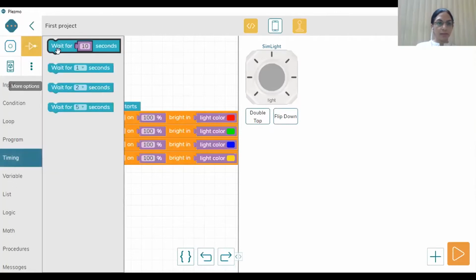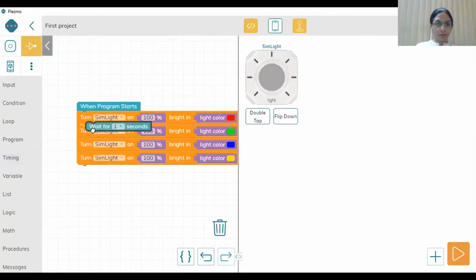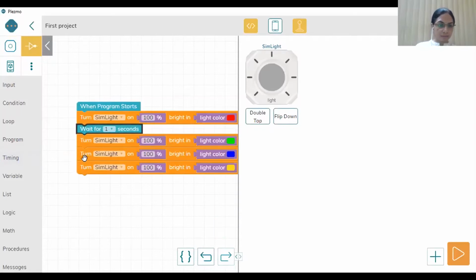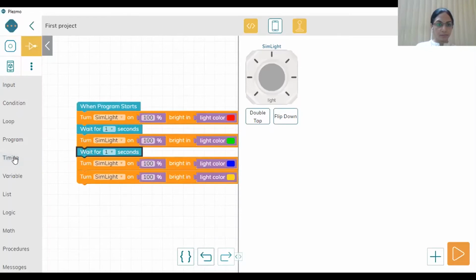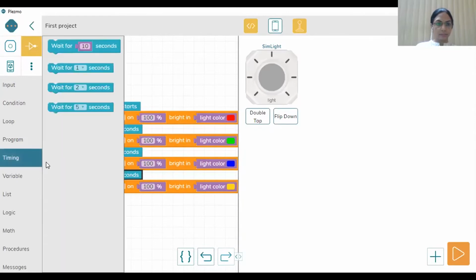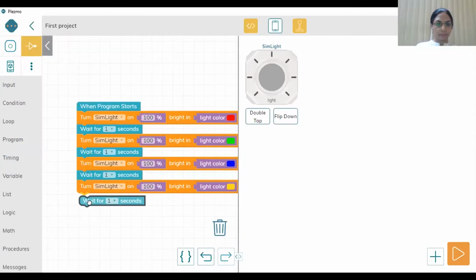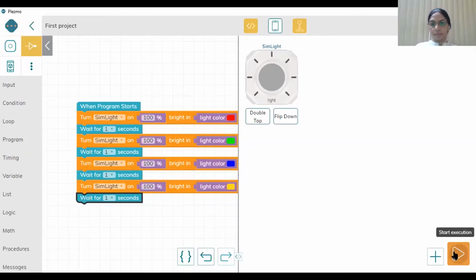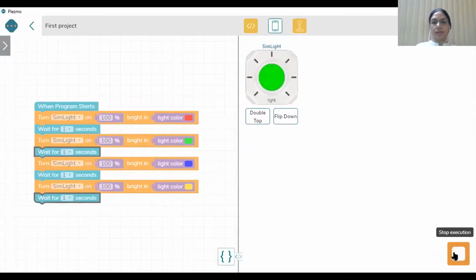That means the light should wait for 1 minute so that we can see it. Timing. Fine. Now let us check whether it is working. Yes, perfectly. Red, green, blue and yellow.